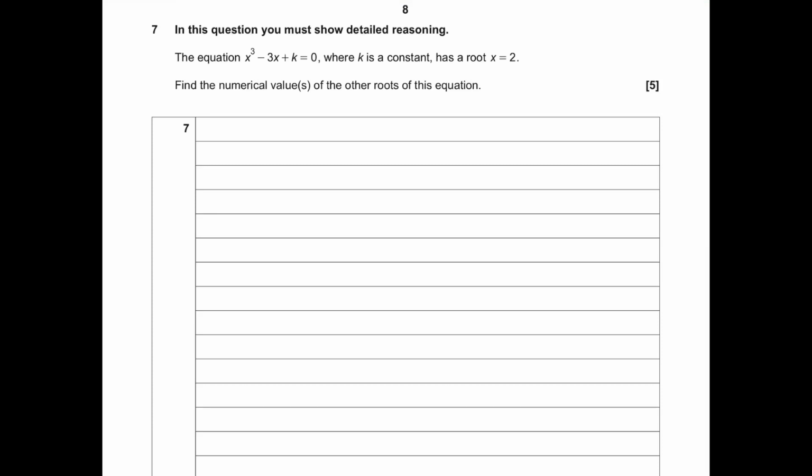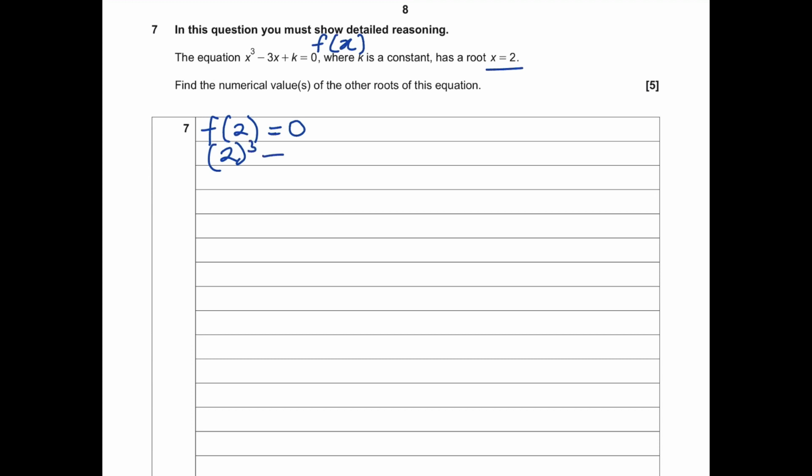Question 7 is about the factor theorem. We know a root of this cubic, x equals 2. Let's call this cubic f of x. So what does this mean? Well, if we sub in 2 as x, then that should equal 0, because it is a known root of the cubic. Let's put 2 back into the cubic to get